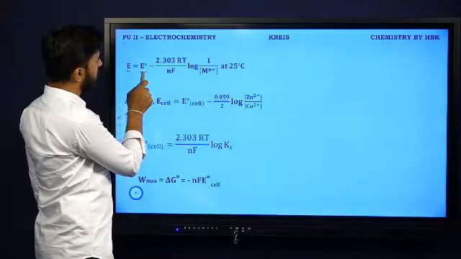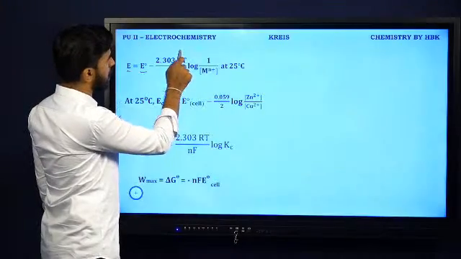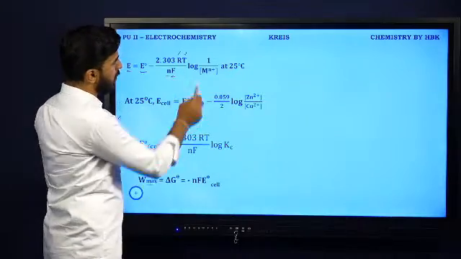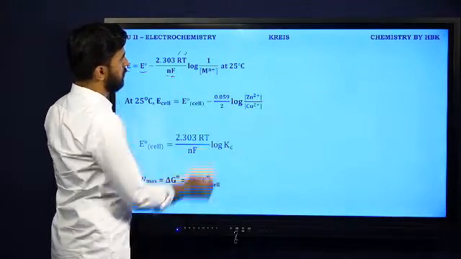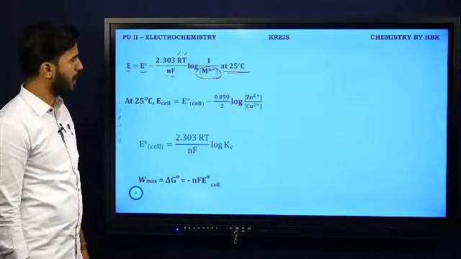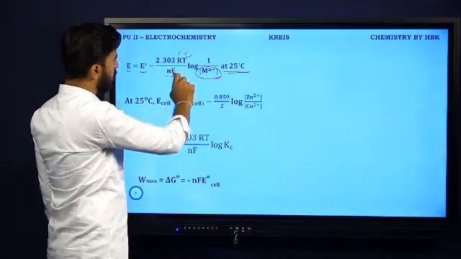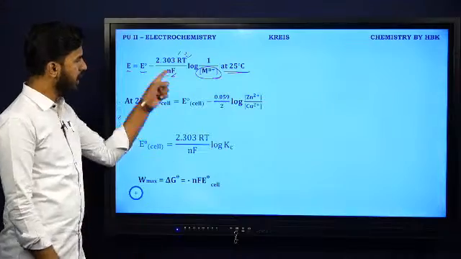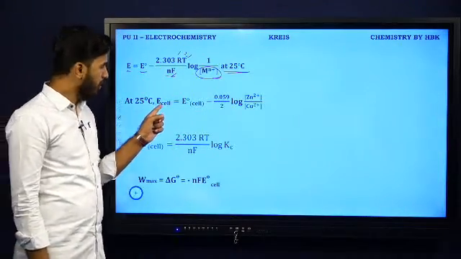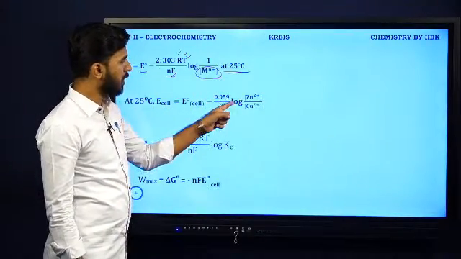E is equal to E naught minus 2.303 RT by nF into log of 1 divided by Mn plus, which refers to the oxidation state, at 25 degrees Celsius. If I substitute at 25 degrees Celsius the values of T, F and R, then the same formula will become: potential of cell E cell is equal to standard potential E naught of cell minus 0.059 by 2 into log of